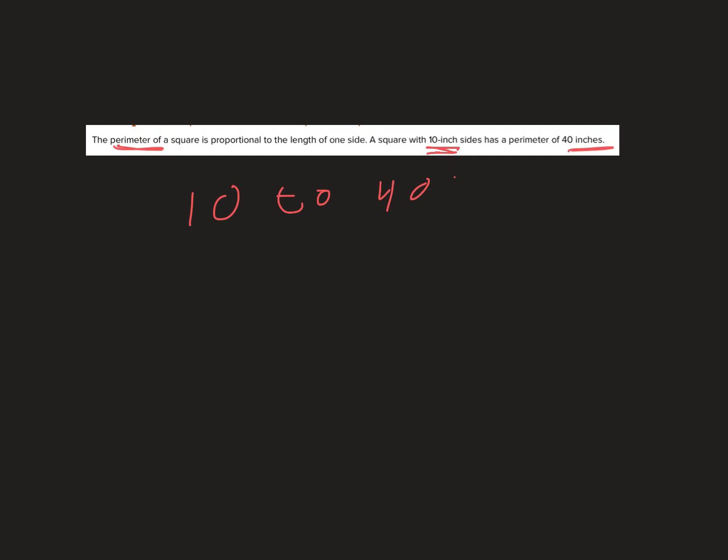So every time the square is 10 by 10 by 10 by 10, all the way around, it would be 40. If I then took that square and I did it twice,